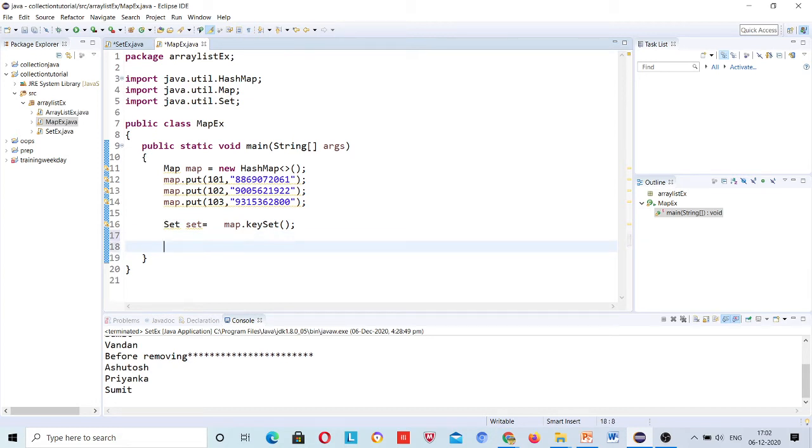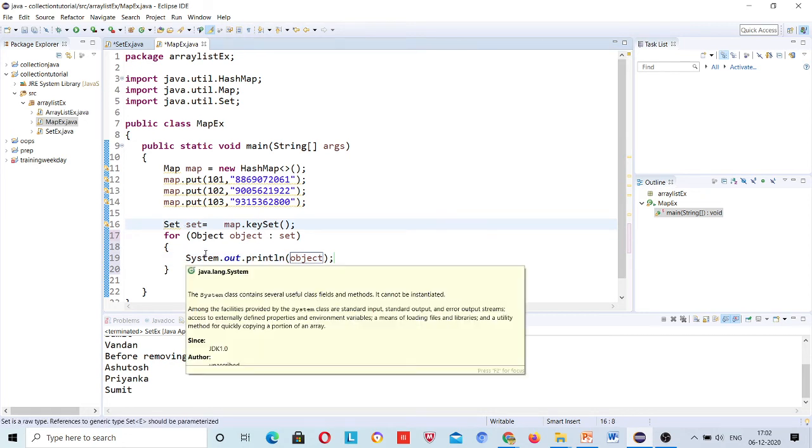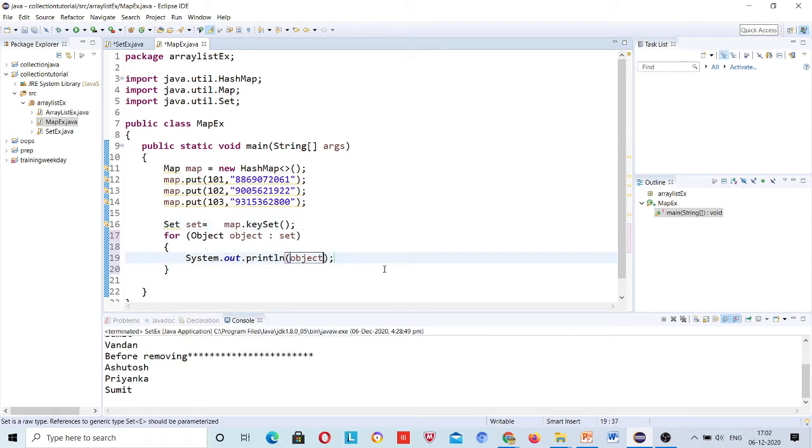Okay, now simply if you want to iterate, here for each, and of course the parent is Java, Object is the father of everything, right? So this is okay here, right? And simply put sysout. Bandhan, I'm not getting what happened exactly on line 16. Line 16. Okay, yes, I'll come here again. Okay, let me print get.